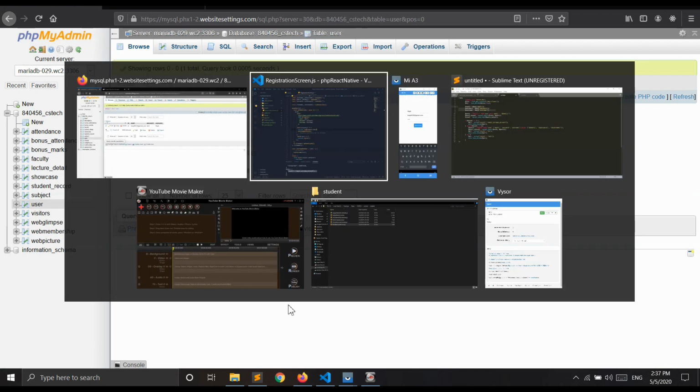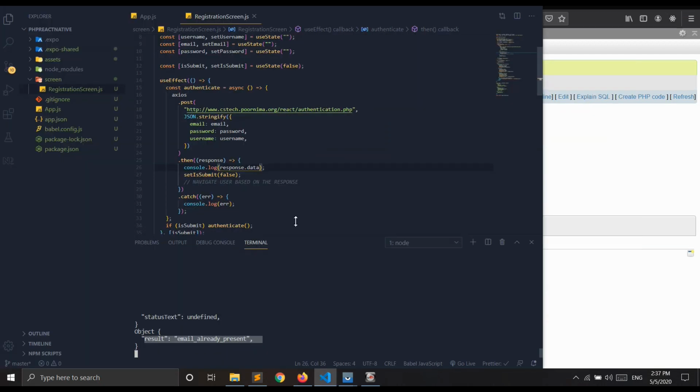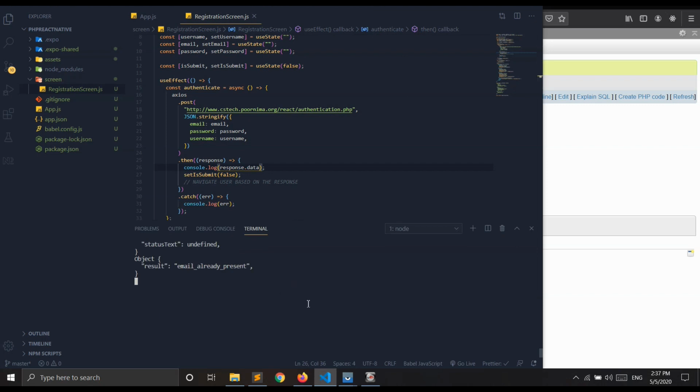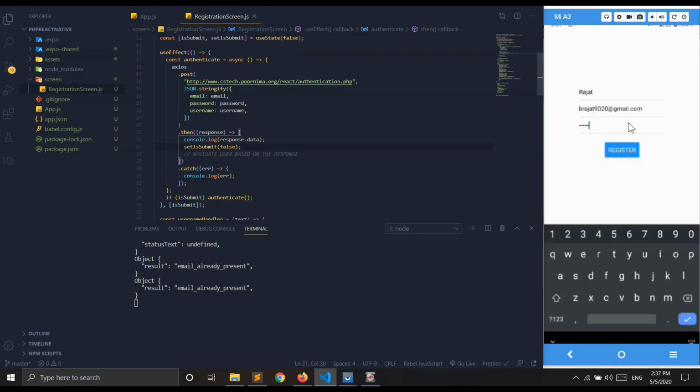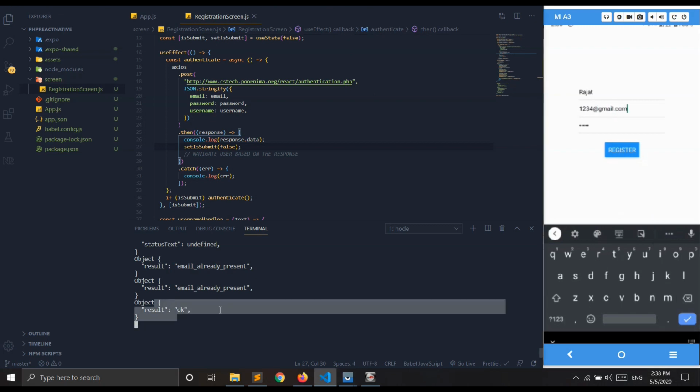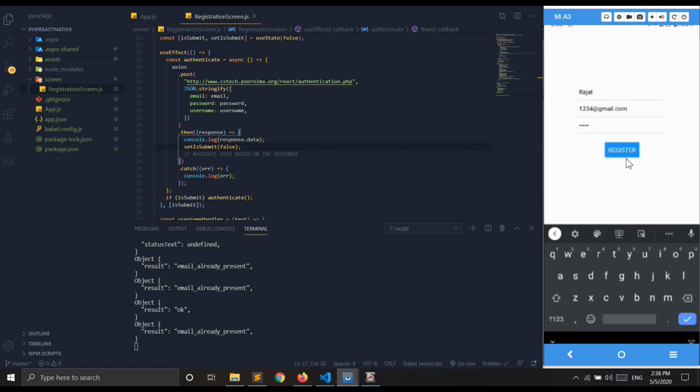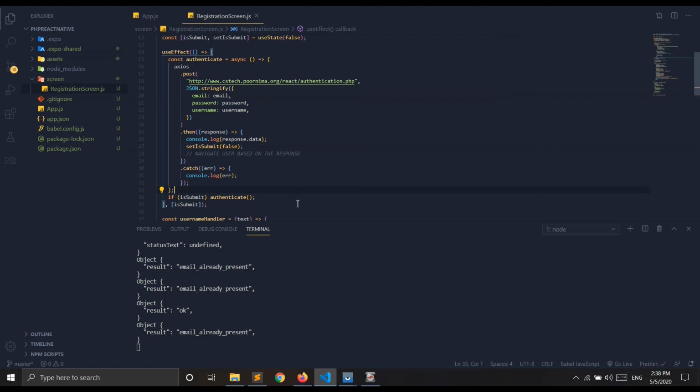Now let's say if I click again, we will get the data, email already present. Now let's say I'll try it with another email ID. It is inserted. Now if I again click on register, email already present. So that's how you can communicate with PHP and MySQL in React Native.